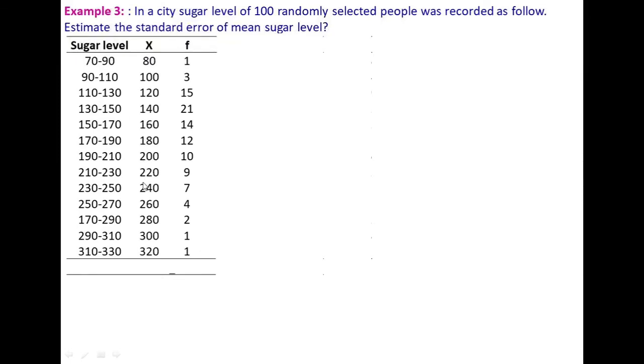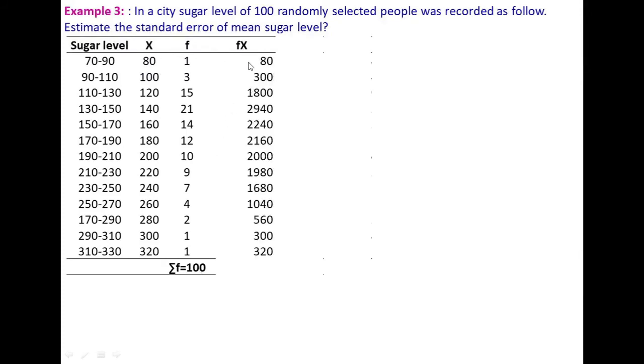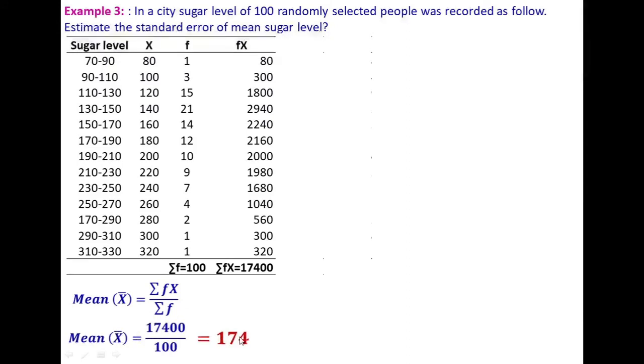And we know that total number of people here is 100. In the next column, we will multiply the number of people with their mean sugar level. And the total of this fx value will be 17,400. By using mean formula for discrete series, we can calculate that 174 is the mean sugar level for these